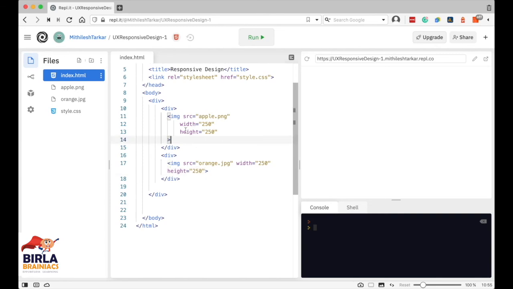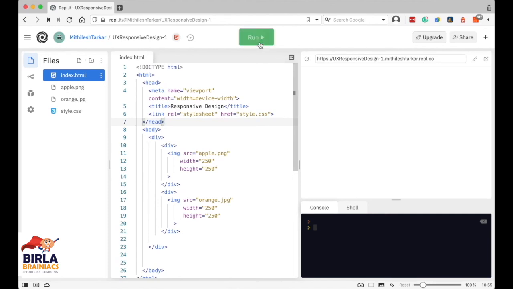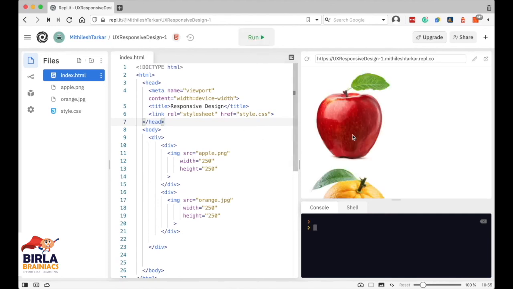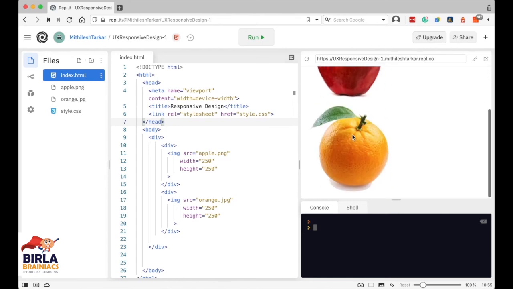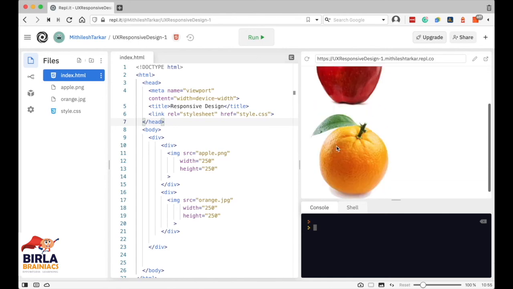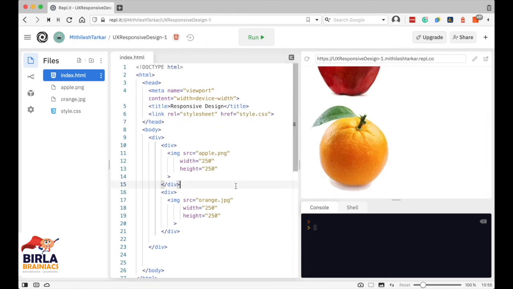Alright, so now let's format it a little. Now if you run the project, let's see what happens. You can see that we have our apple and orange being displayed in the output.